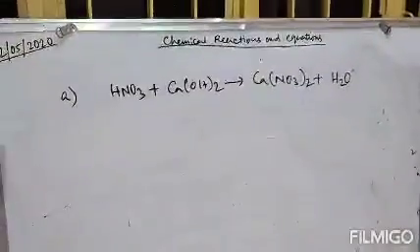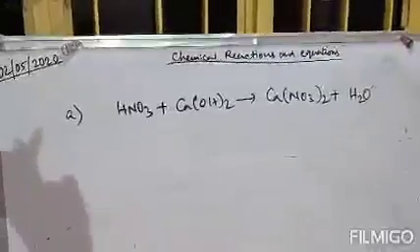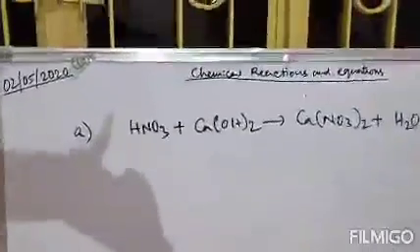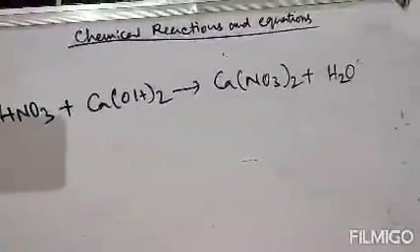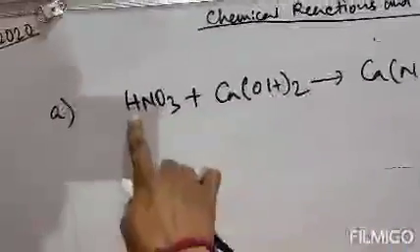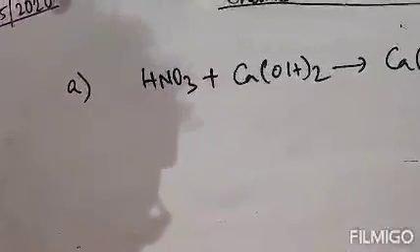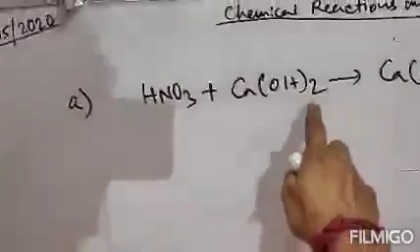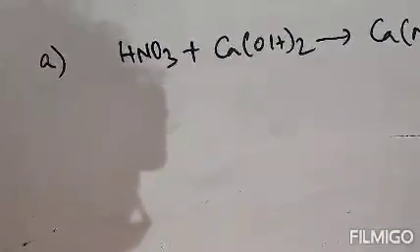Clear? So you know that we will count reactant molecules and we will count product molecules. If reactant is equal to product, then the equation is already balanced. So we have to count first the reactant molecules and product molecules. Here there is 1 hydrogen, and 2 hydrogen, and 1 hydrogen, therefore 3 hydrogen in total. And on the product side 2 hydrogen and 1 hydrogen, that is 3 hydrogen. So what we will do, just balance this.